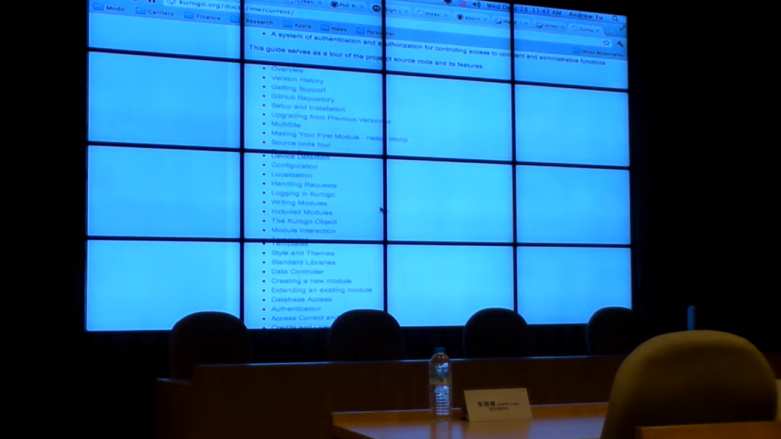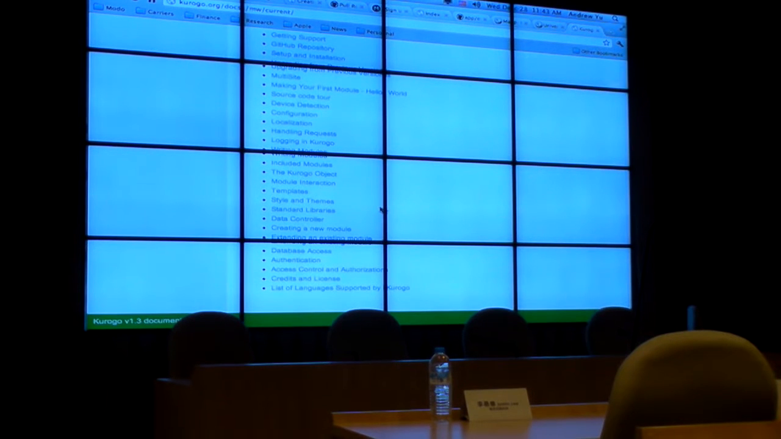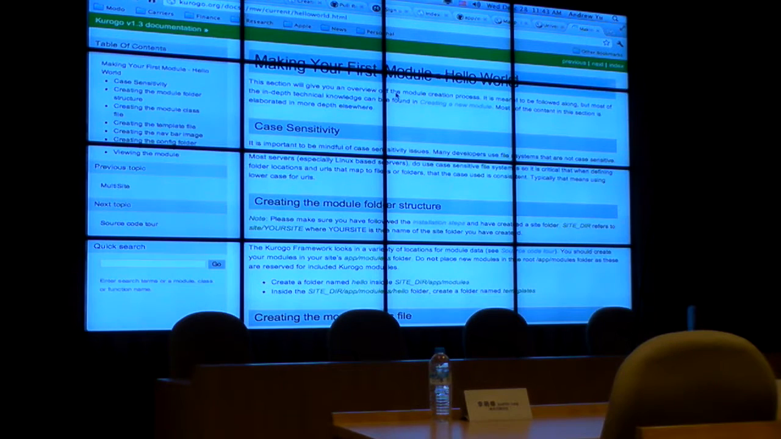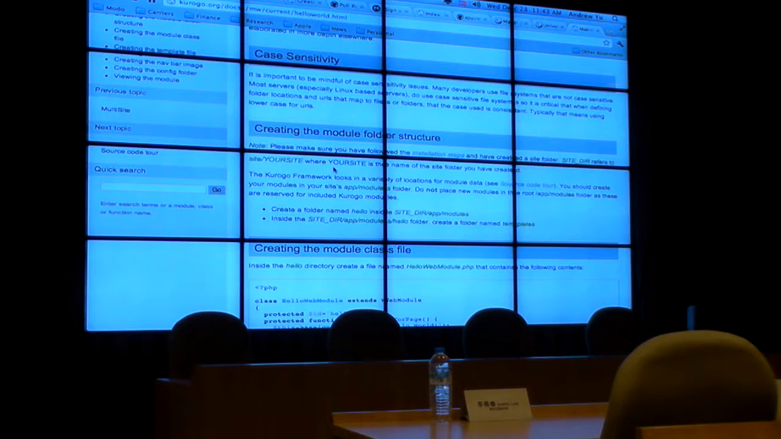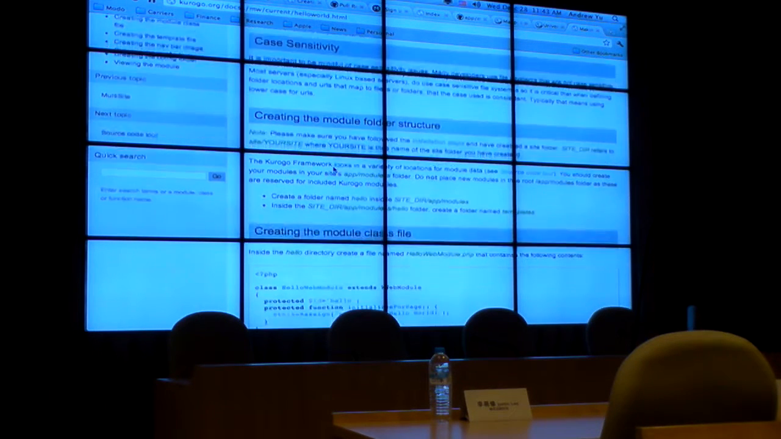And I'm just going through the documentation so you can actually see that it exists and you can reference that. There we go. So, making your first module, Hello World. It talks about the case sensitivity, and the creating the module folder structure,